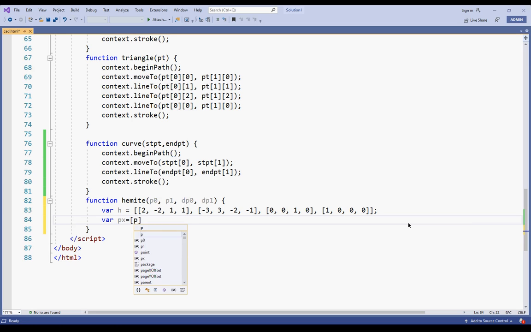I have the P0 point, whose first value is the x coordinate always, then comma P1 whose first value is the x coordinate of P1, comma, then dp0 and the first coordinate is the x coordinate. Remember, tangents we also specify in this way.